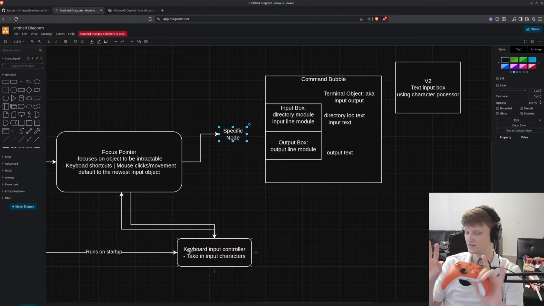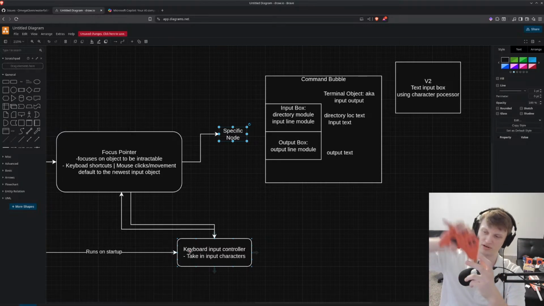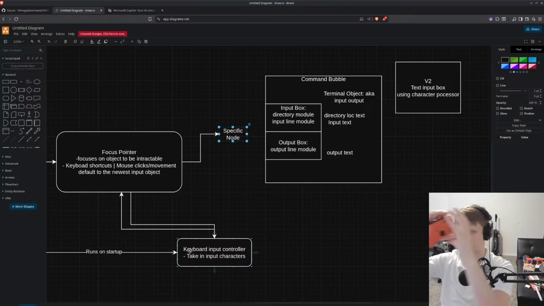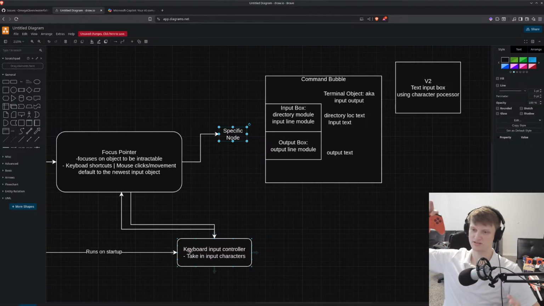I don't know how that works, but I know those are two ways that you can try programming a video game, and they both have their goods and bads. The good of handling all that input on a specific character, on a specific module of some sort, is you can be very specific. On the external side,